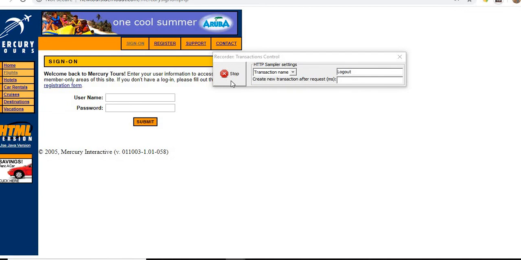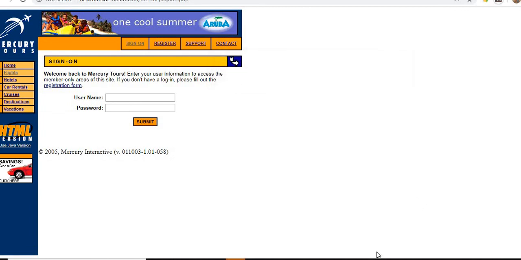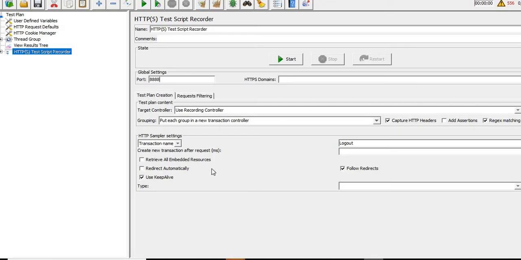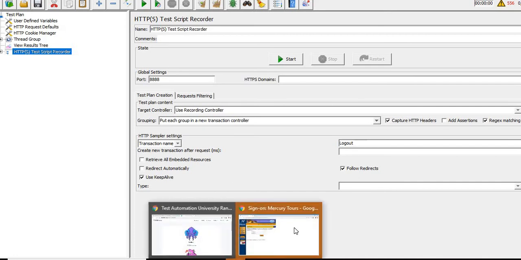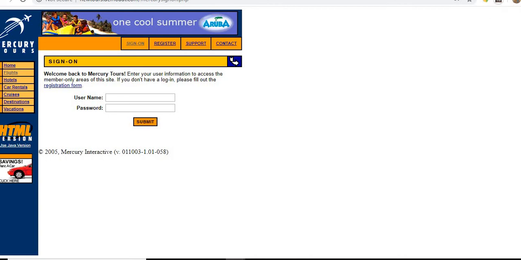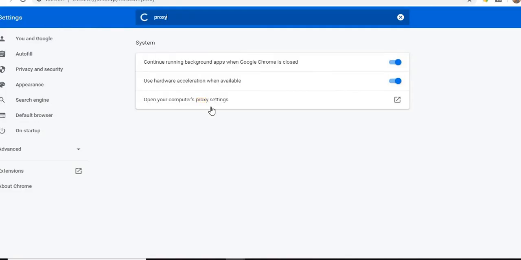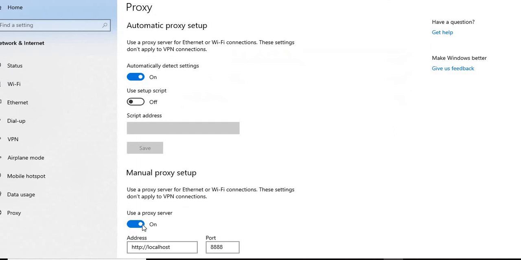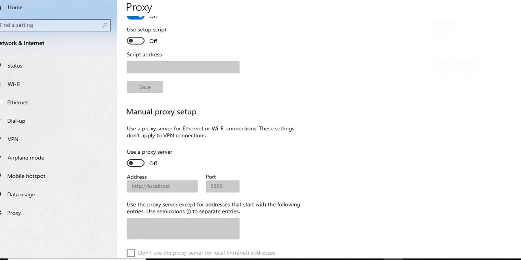Now I'm going to stop the recording and we will jump to JMeter. First of all let me remove that proxy setting applied before starting the recording. Now it's complete, so we can remove the setting.